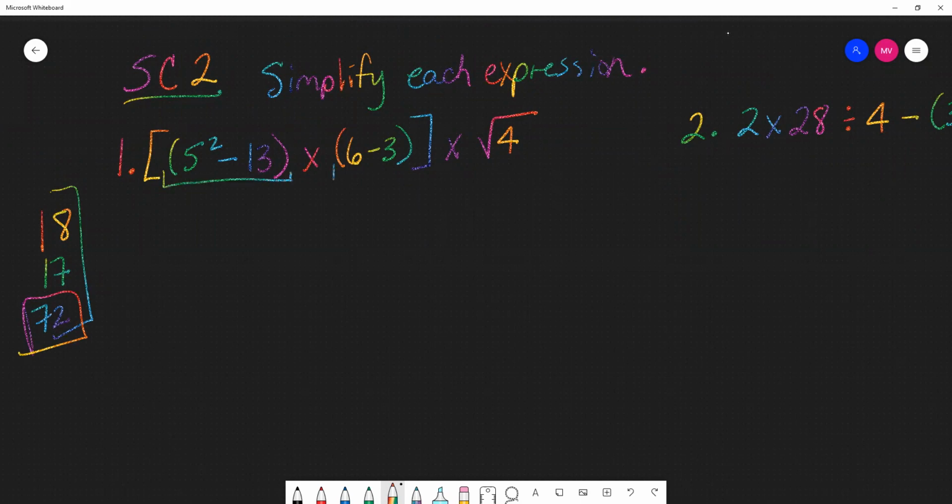We've got this one here and we've got this one here. All right, so let's simplify those first. Now, inside one of those, we have an exponent. So we need to solve our exponent before we solve our subtraction. And then the 6 minus 3 over 3 minus